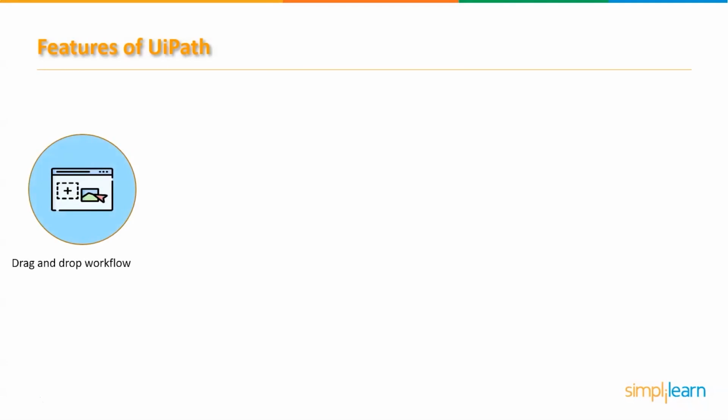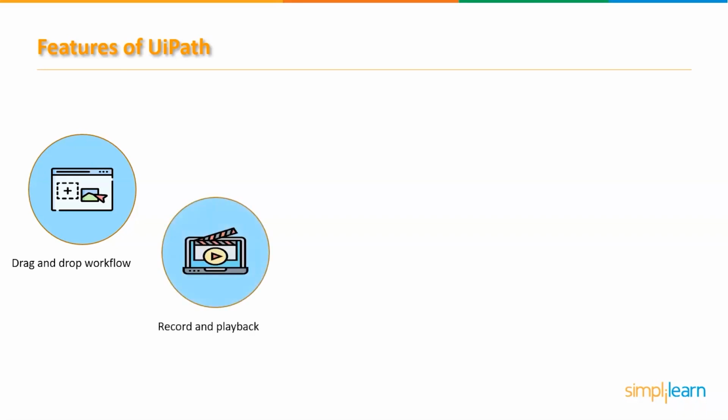Drag and drop workflow. The user of UiPath will develop visual process steps by dragging and dropping related tasks onto the graphical workspace. Then with the user interface properties, they can transform those process steps into a visual workflow. Users may also use the recorder wizard in the UiPath tool to build web-based or application workflows. The next feature is record and playback. The user can use this function to record actions and transform them into automated process series.